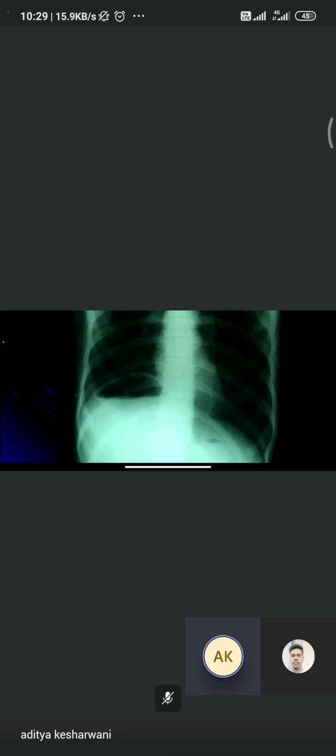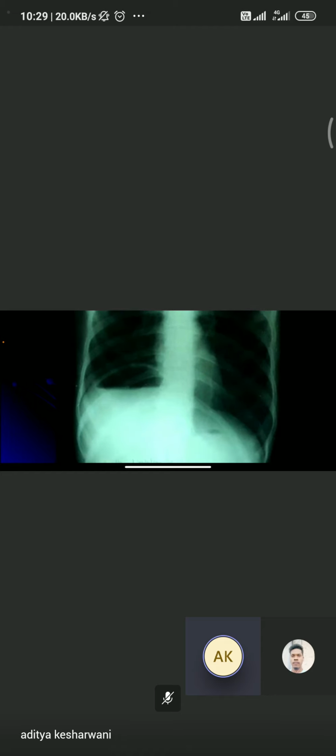This is the X-ray in which you can see on the right side there is some opacity beneath the lung shadow. On the left side, the lung shadow is far below as compared to the right. So this type of picture, or another picture, there is opacity in the right side of the lung. Post laparotomy, we will get this type of picture because of some subhepatic collection or a hepatic abscess, or maybe due to atelectasis or pneumonia of the lower part of the lung. So pre-operative, we get a picture like this, and post-operative, we get a picture like this, in case of subdiaphragmatic collection or hepatic abscess.